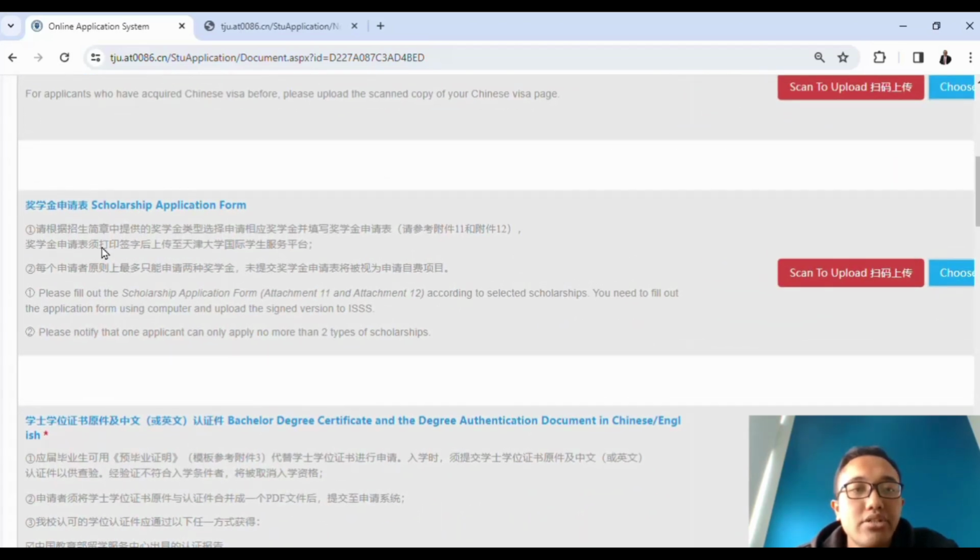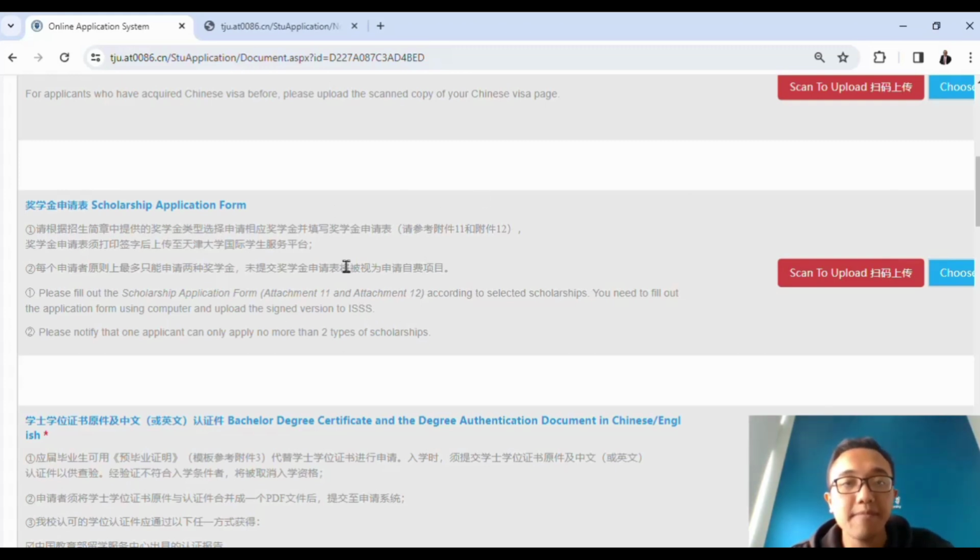Your scholarship application form. As I have explained in the previous video about the Chinese government scholarship, remember that you must submit the generated application form of the Chinese government scholarship here, and also you can apply for a maximum of 2 scholarships. So as I explained in the previous video about the chosen scholarship, let's say the chemical engineering scholarship for the undergraduate, maybe in master you also want to apply for the Tianjin government scholarship or the scholarship of civil engineering, or in a doctoral study you want to apply also for the Peiyang Future Scholar scholarship, 2 scholarships, you upload 2